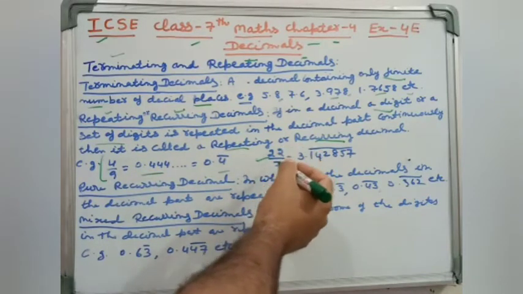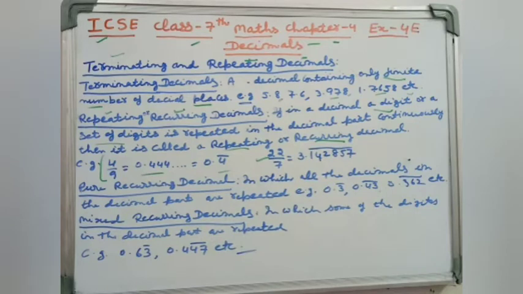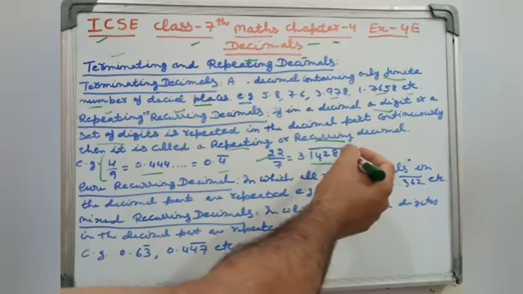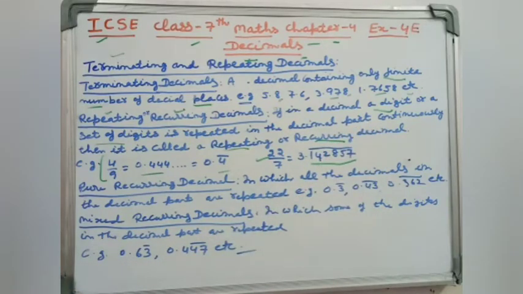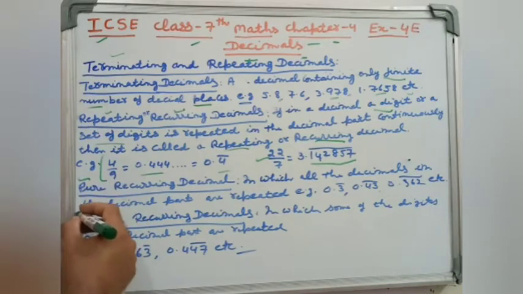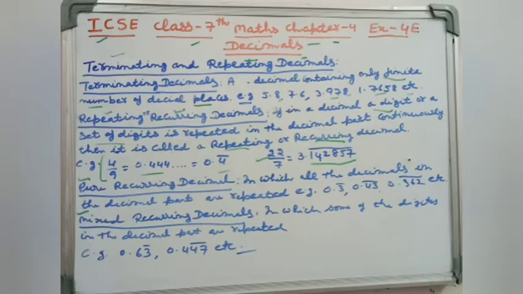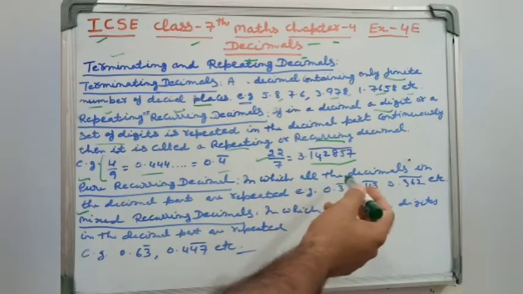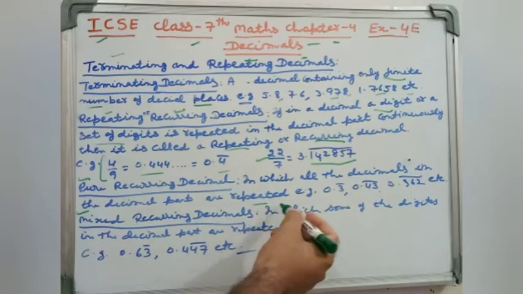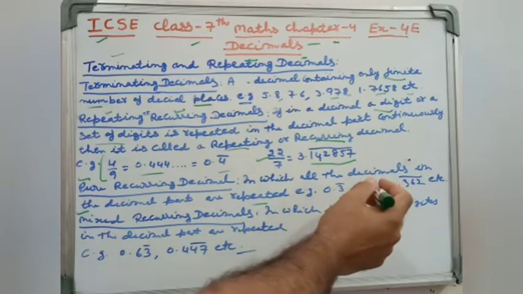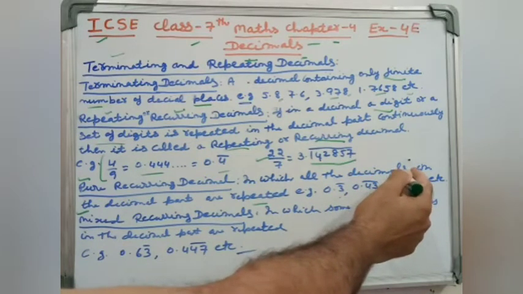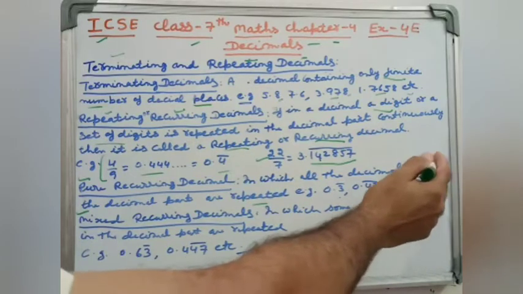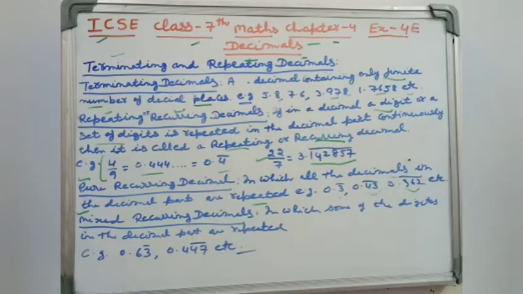In the same way, take another example, 22 by 7. When we divide 22 by 7, these digits will be repeating, so we have put a bar on these. Now these recurring decimals are further divided into two parts: pure recurring decimals and mixed recurring decimals. In a pure recurring decimal, all the digits in the decimal part are repeated. Only 3 is repeating here, only 43 is repeating here. The bar shows the repeating digits. 3 6 and 3 6 2 are also repeating.